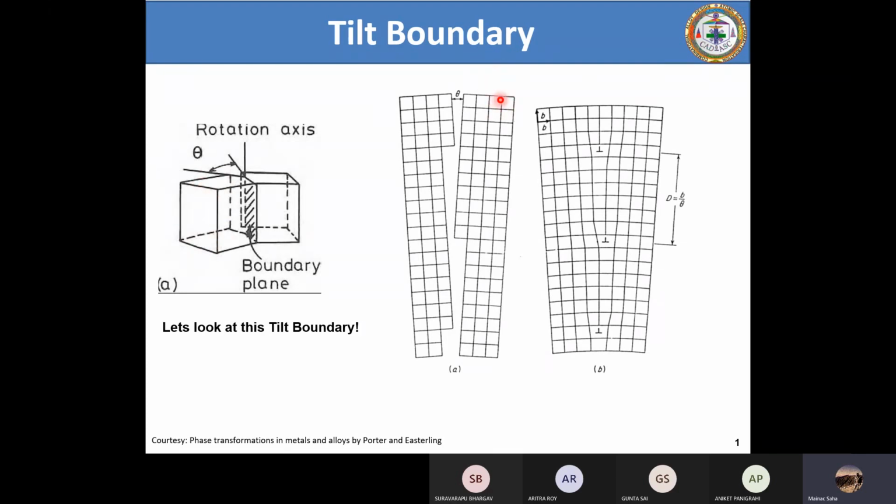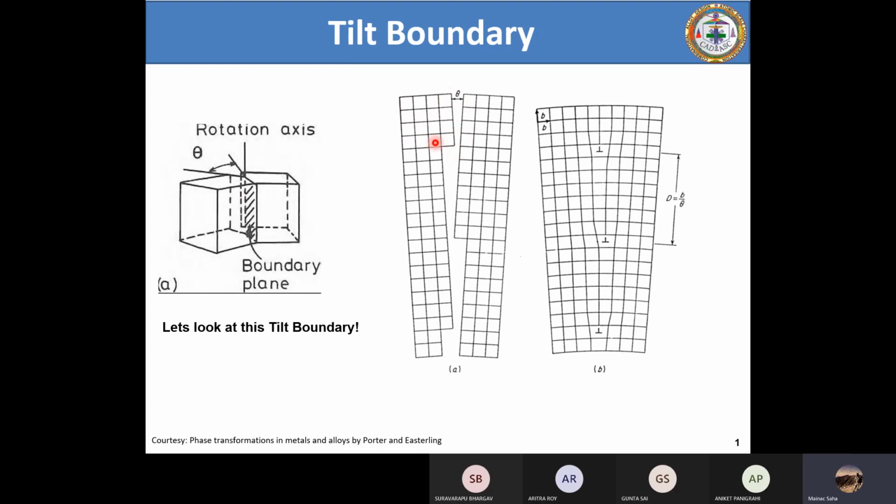Similarly, if you look at the second crystal, you see that there are two columns here along all the rows. Don't consider the third and the fourth one here. So these two and the first two are the atomic arrangement along grain 2 and grain 1 respectively. Correct. So this is the grain 1 atomic arrangement and the grain 2 atomic arrangement. Now if you approach the boundary, exactly at the boundary, the atomic plane is the grain boundary plane. So you are actually looking at the grain boundary plane, correct?